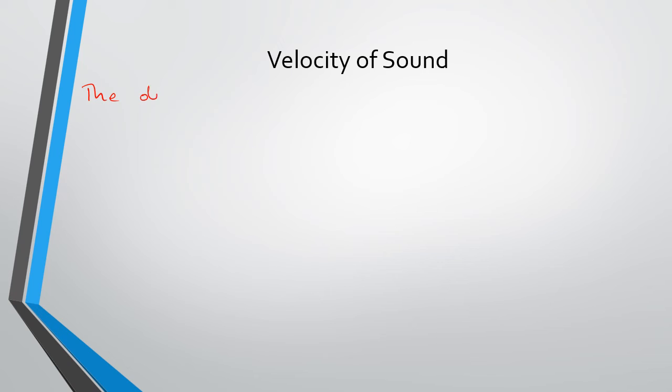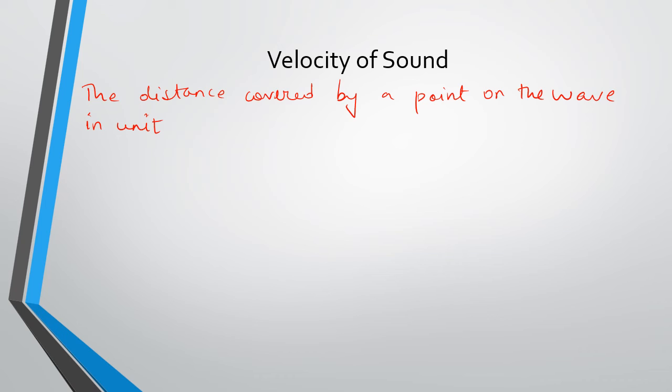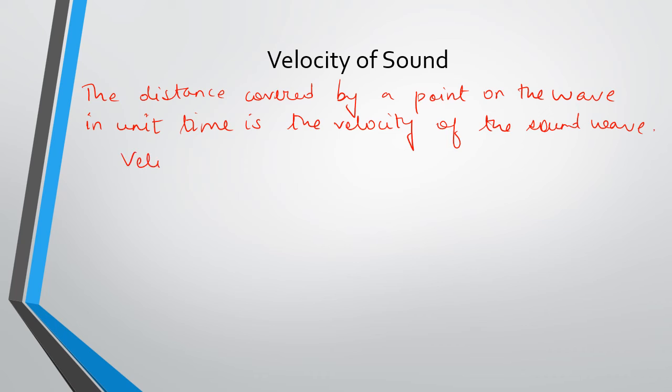The distance covered by a point on the wave, whether it is at the point of higher density or lower density, in unit time. So how much distance it is covering in the unit time is the velocity of the sound wave. So velocity is equal to distance upon time,